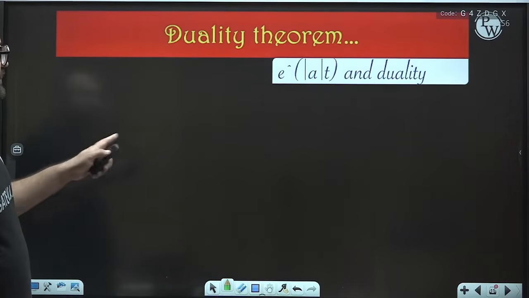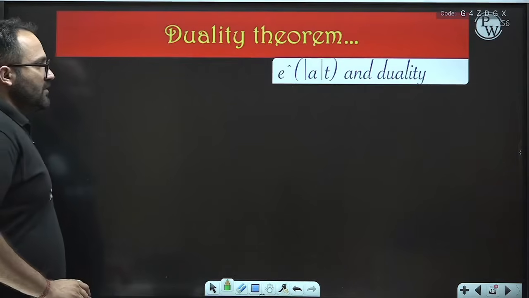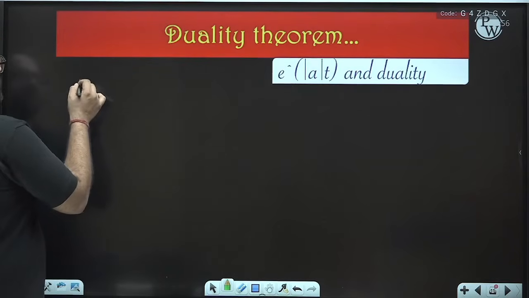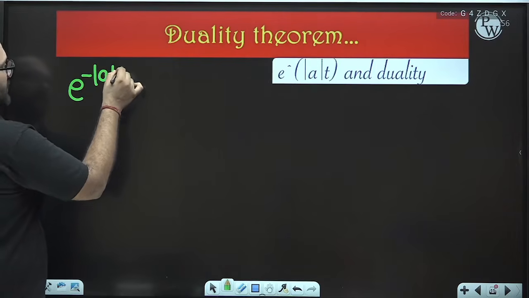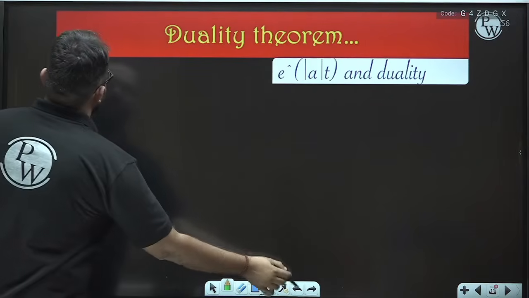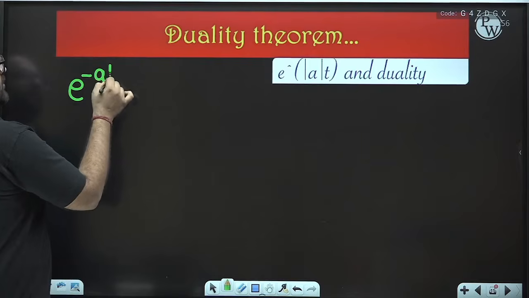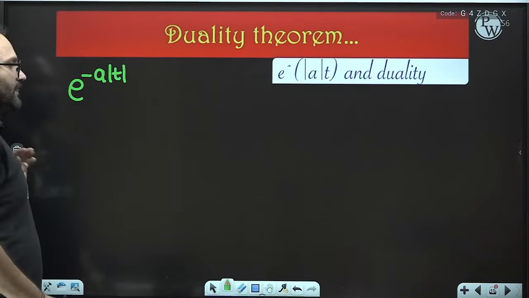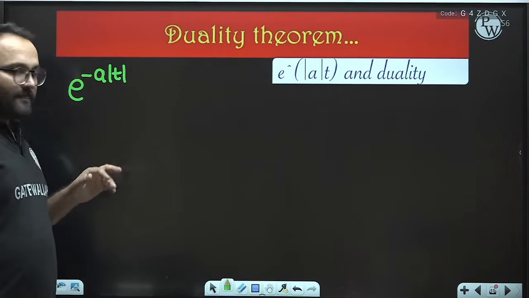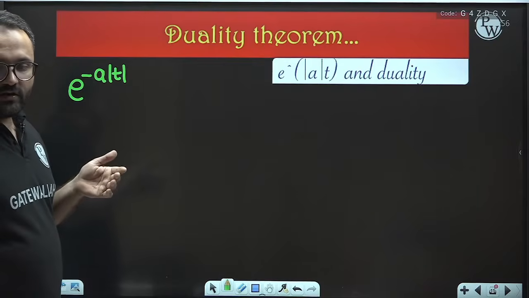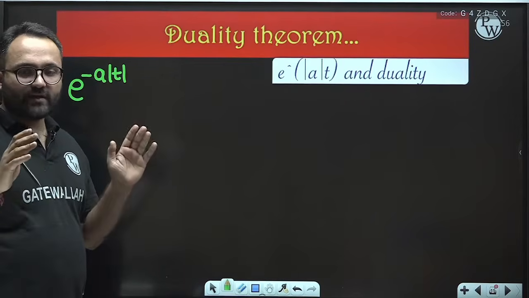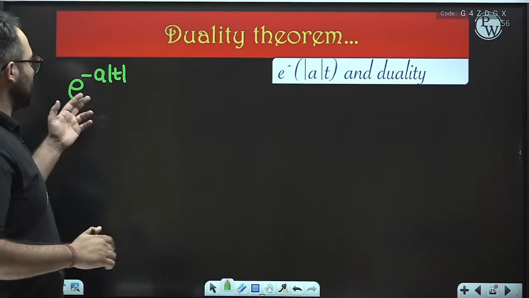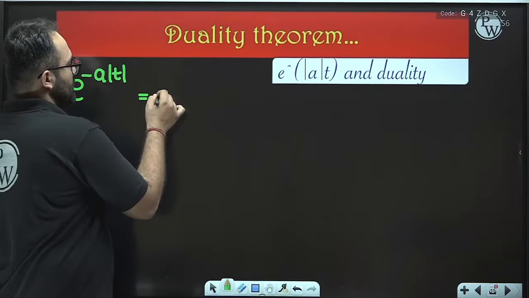Before moving to this signal, let us complete this. Suppose e to power minus mod a t, e to power minus a mod t, is a signal. First of all, let us see, is it a decaying signal? Yes, this will be a decaying signal, both sides it will decay, because this will be written as e to